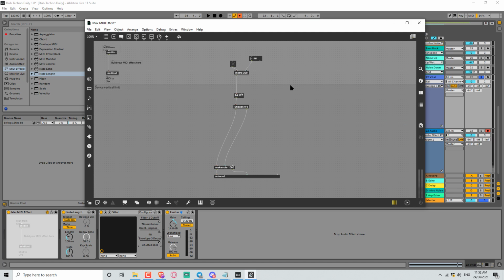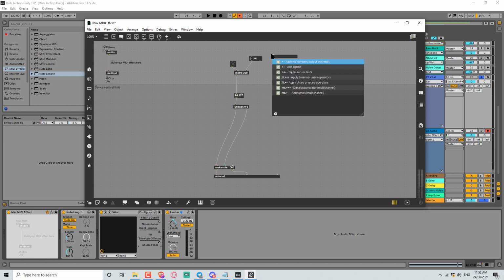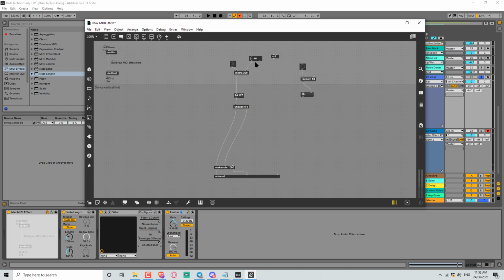First thing that comes to mind is using a random. Would that work? Okay, let's try, random. Generate a random number. Let's just go 50. So this is going to output a random number between 0 and 50 when I trigger it like so. So could we, instead of feeding this into the metro, we could have a plus 0. So this value is actually going to go into the left inlet of the plus, and then the random is going to come out this interval here, and that combined is going to give us a new number, which is